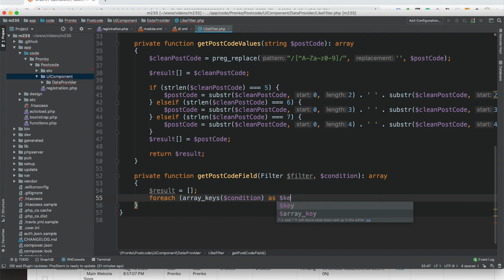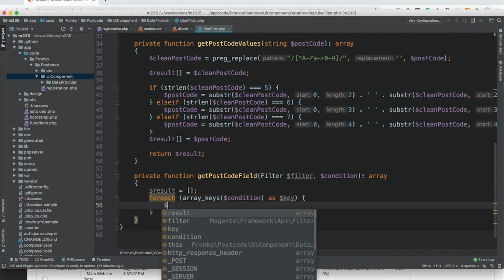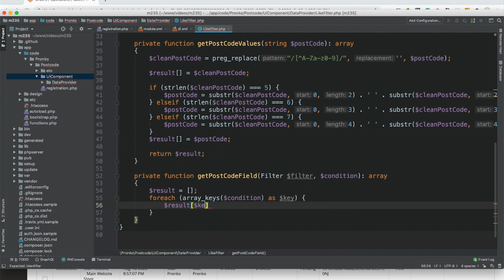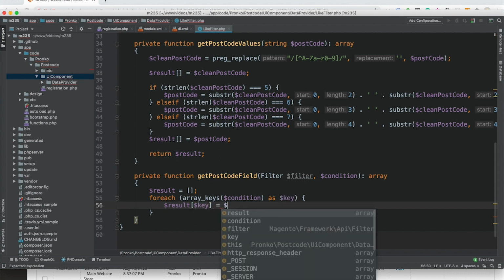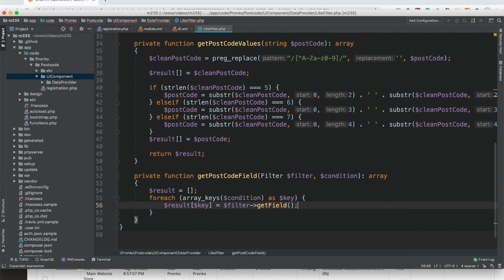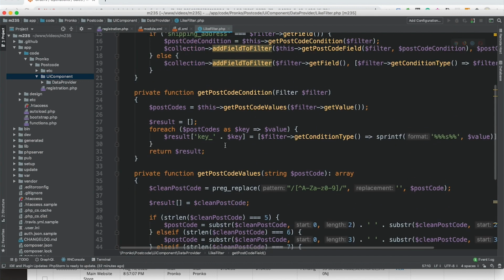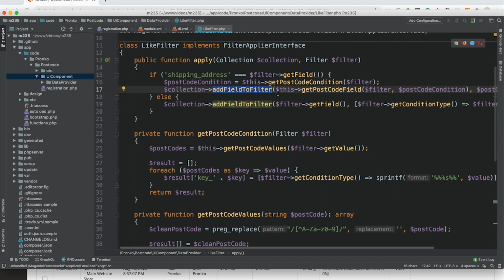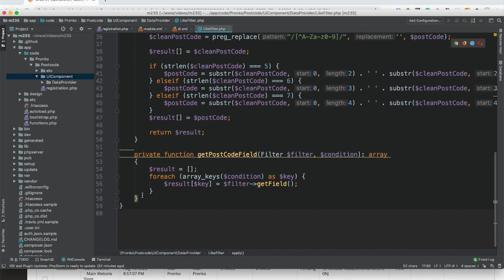And for each key, we are going to assign this key to our result and filter get field. So in this way, we will have key 0, field name is shipping address, and key 1, field name is shipping address. In this way, add field to filter method can understand that there are more than one conditions for a same field, and it will use OR condition. And we have to return result back.